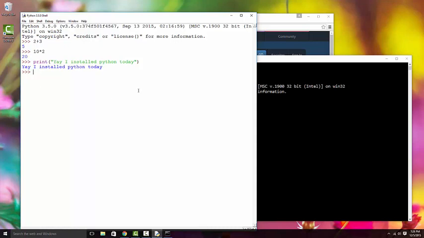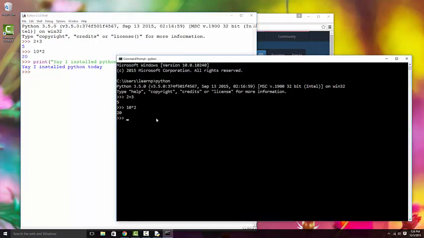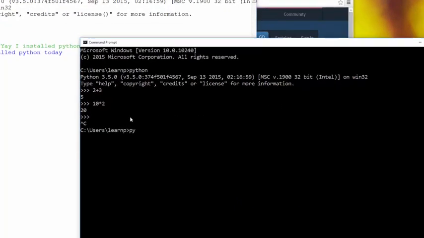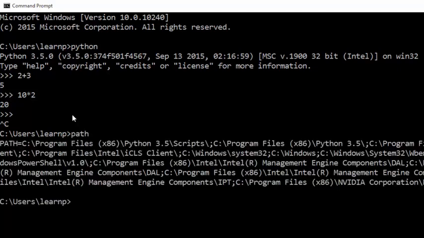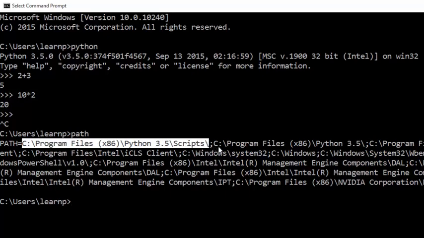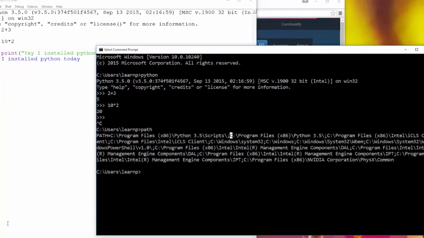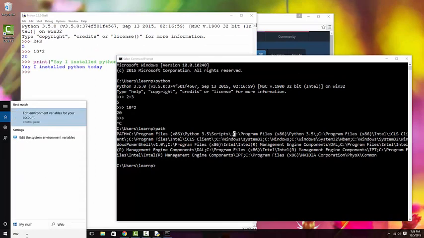So always use IDLE. Now on Windows, sometimes if you are typing python and it doesn't recognize the command, then it means it is not present in your system path. So for example, when I type in path here, you see like the Python installation directory is present here. If it is not present in your case, then go to environment variables